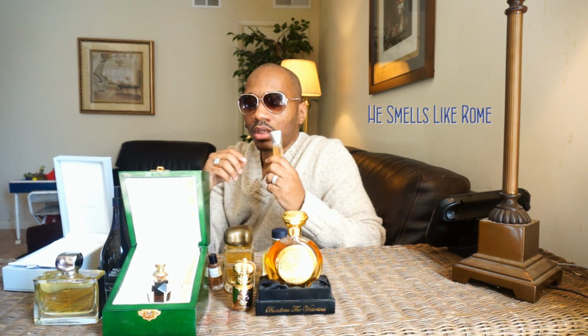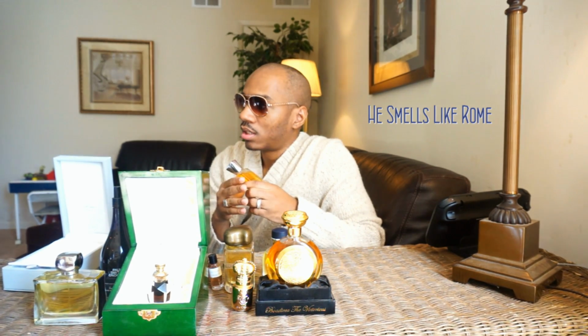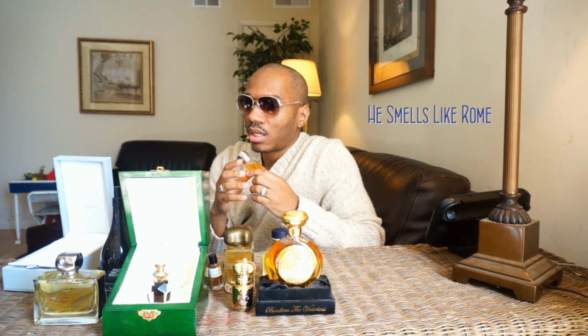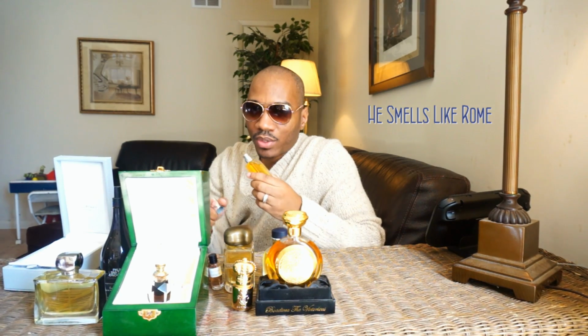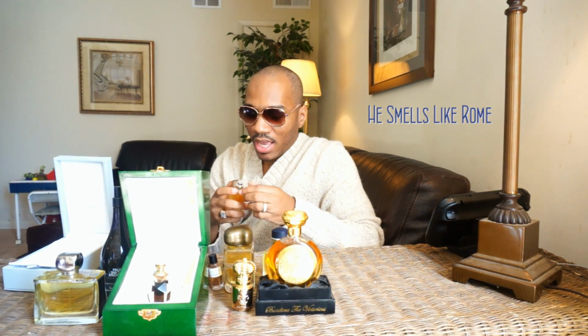The combination of amber, leather, tonka bean is just unbelievable. And I mean, when you blend a fragrance to the point where all the notes come out at the right time and they blend together at the right time, this is that fragrance. I'm so serious when I tell you that I've been hesitant to buy it before